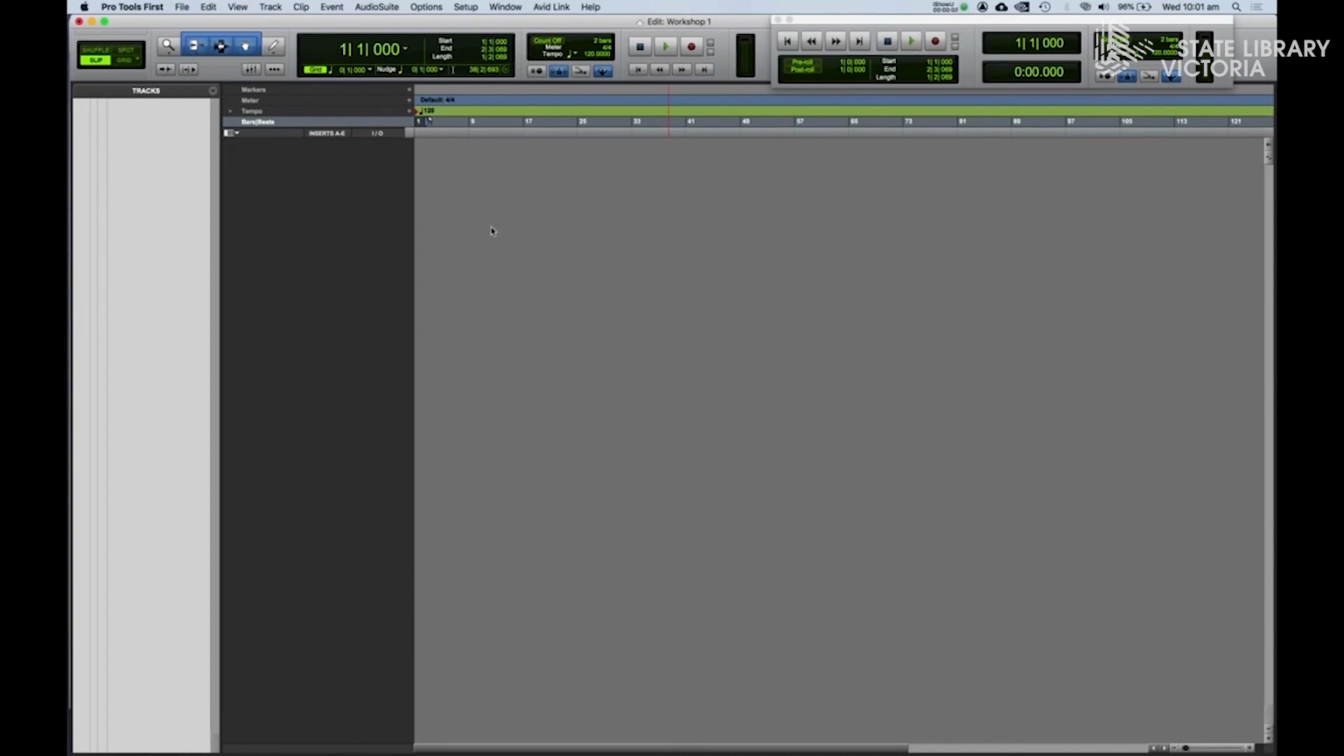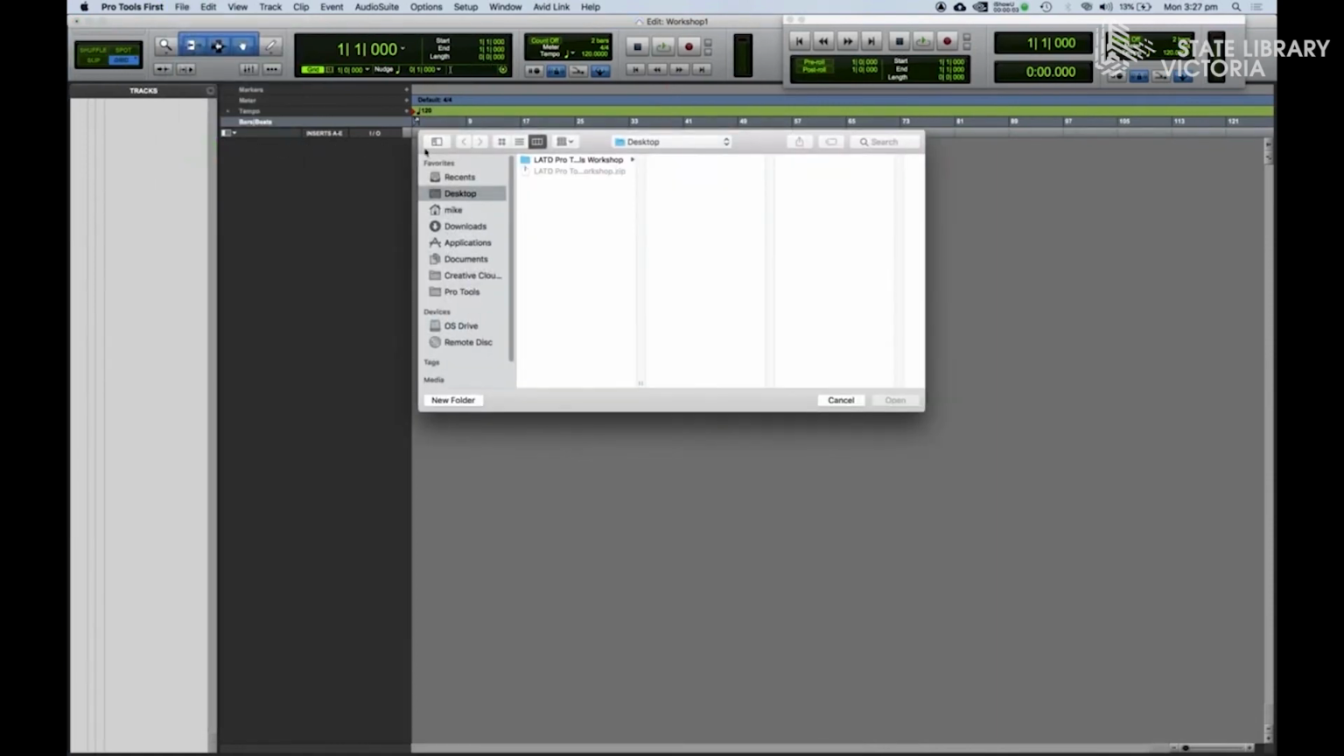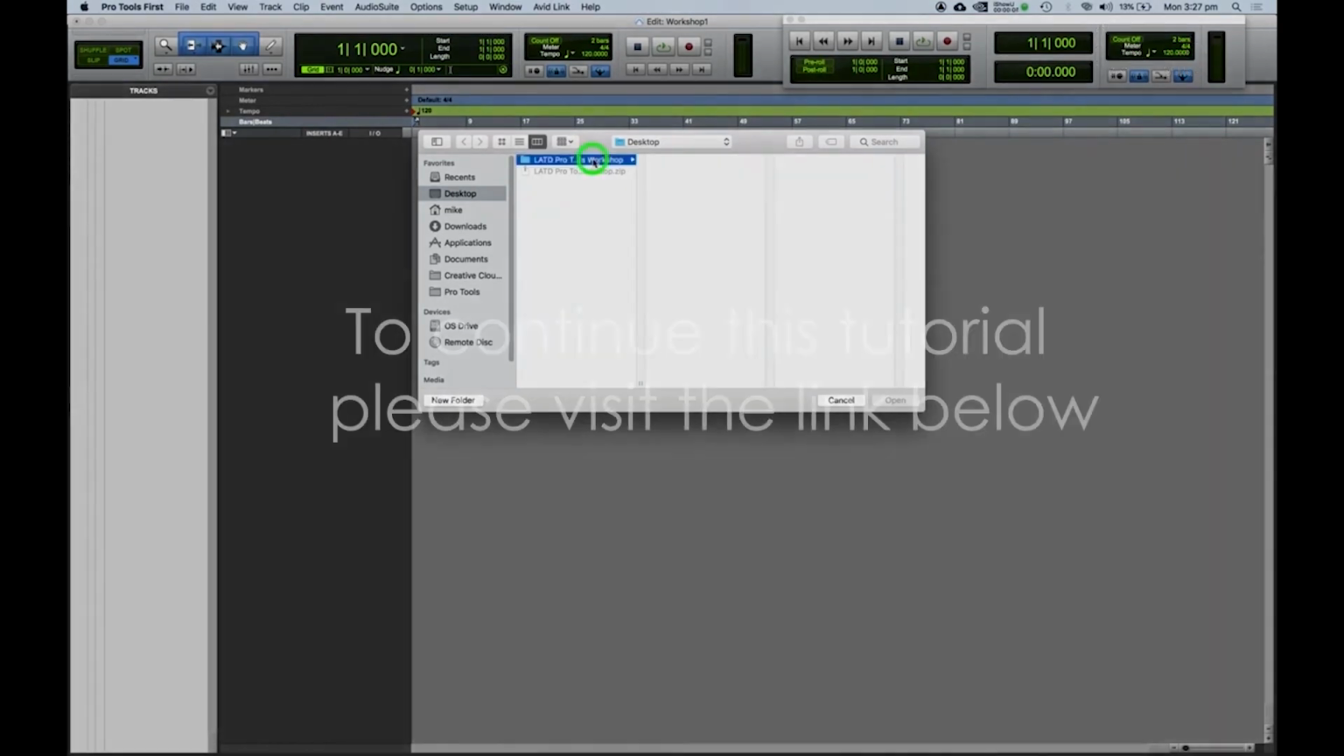Now, in order to show you some different aspects of this edit window, I'm going to get you to import some audio and to make a few new tracks. So let's import some audio first. We'll go File, Import. And then if you navigate to your Pro Tools Workshop zip file folder that you downloaded and unzipped,